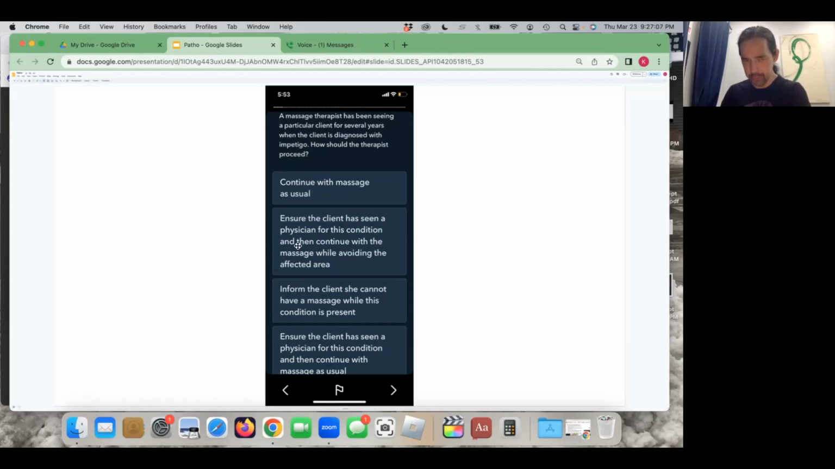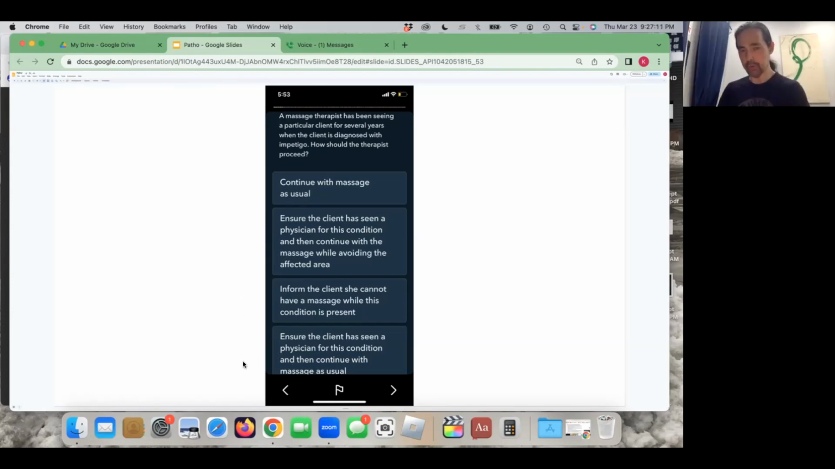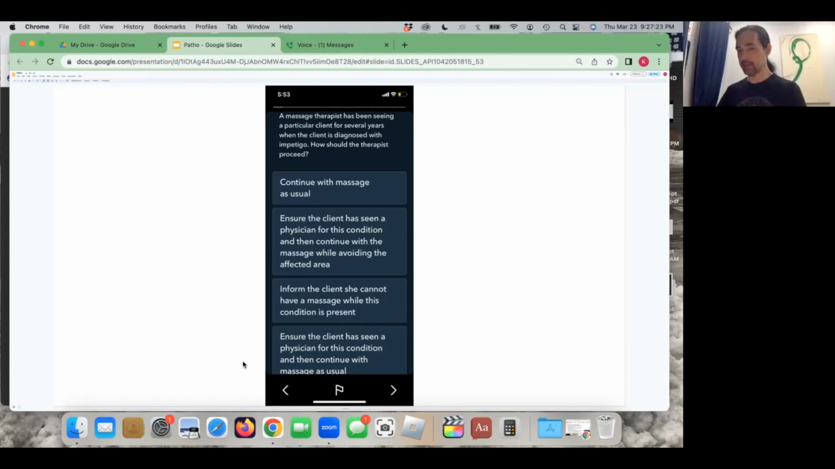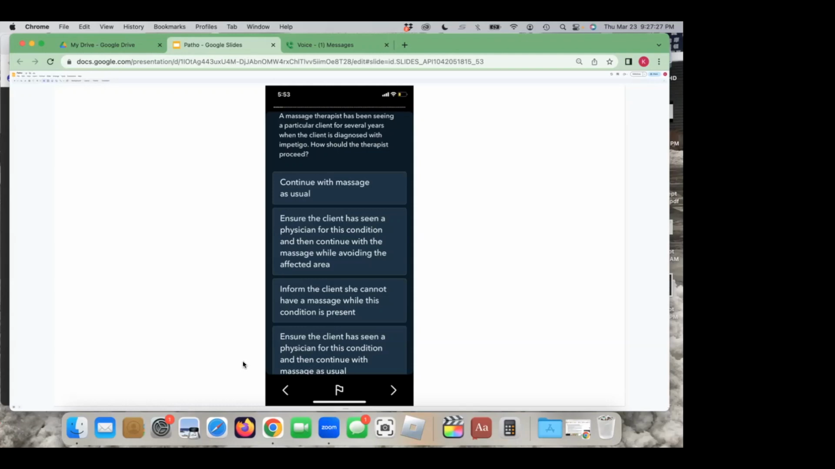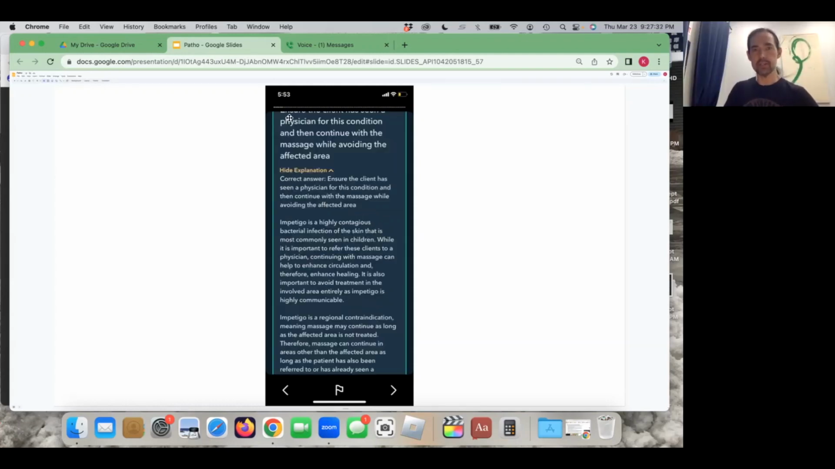Is this big enough for you to read, Dora? What's the difference between 2 and 4? Well, the second one, B, says that you are gonna avoid the area. Right. And then in the last one, it says that you're gonna continue massage as usual. It doesn't say to avoid the area. Yeah. So the answer is